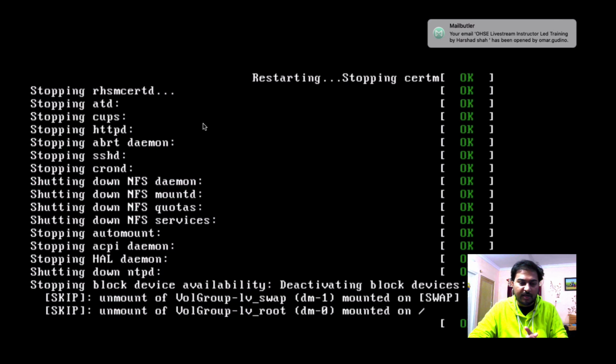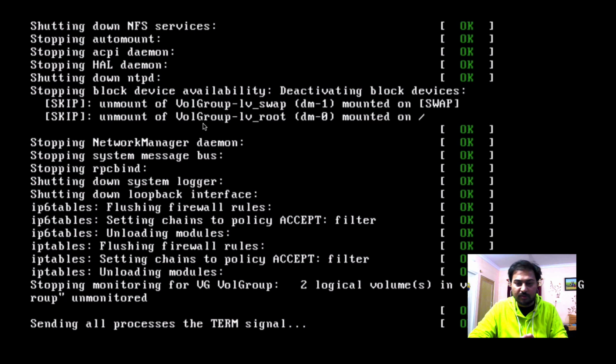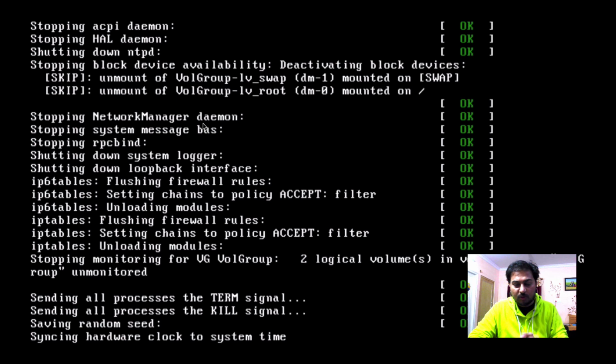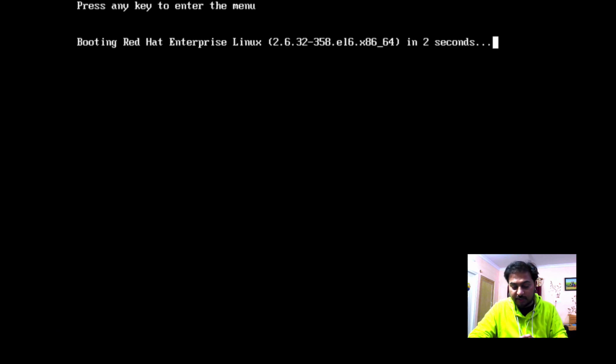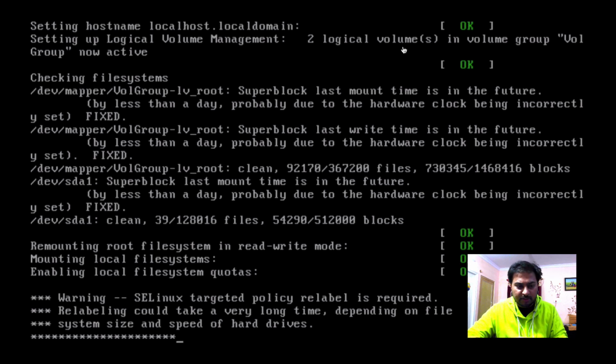Once I reboot the machine and log into the system, let me check SELinux using the sestatus command and see whether whatever we have configured is reflected via the terminal or not. You can clearly see at the bottom that the SELinux targeted policy relabel is required.